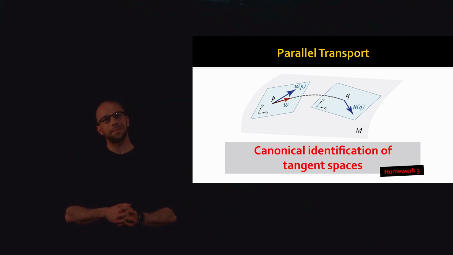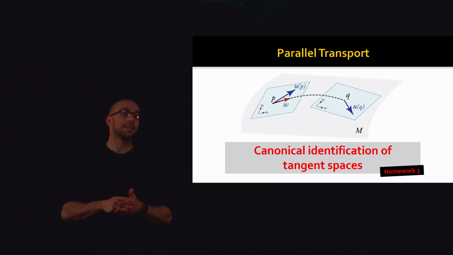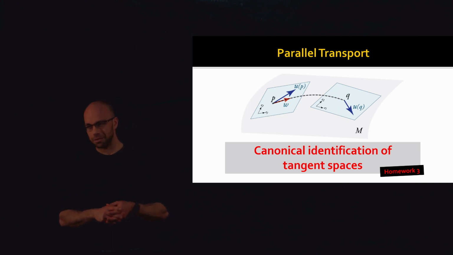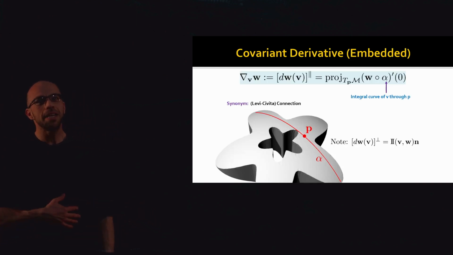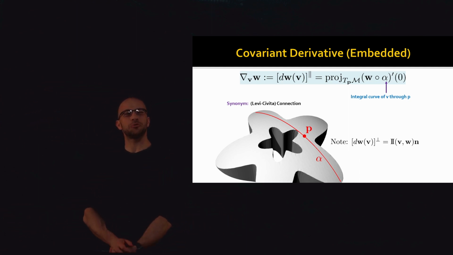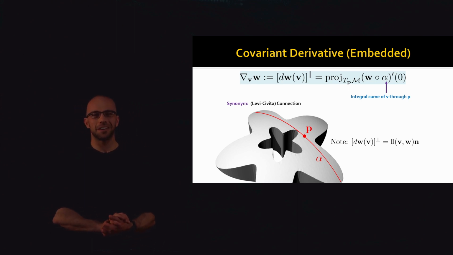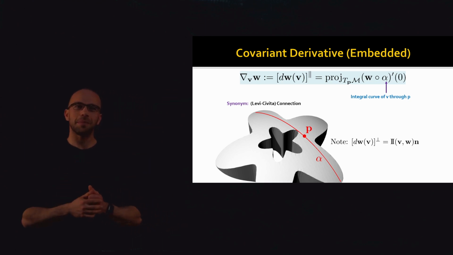It's actually a linear map given two points connected by a curve. Incidentally, if that curve changes, then the parallel transport map will change as well. In fact, you showed that on your homework. So that leads us to a means of defining a covariant derivative. This is a controversial definition because it relies on the embedding of our manifold into a Euclidean space. There are ways of doing this axiomatically on a Riemannian manifold without relying on the immersion, but in this class this is good enough, where we can write the derivative of a field W in the v